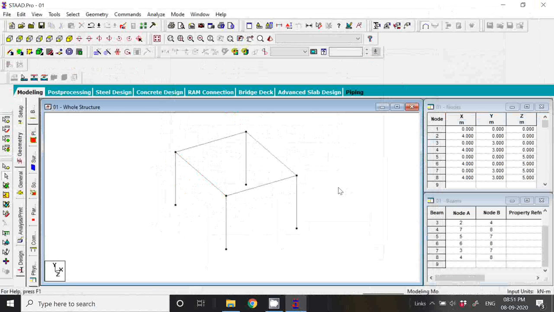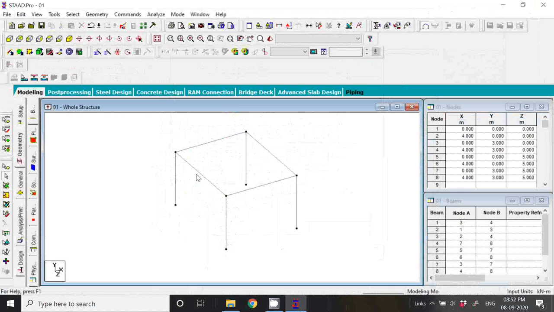So this is our frame. Now bay means what? We have given one bay, means this one is one bay. There are no other parts along the length, isn't it? This is just a single part. Along width also one single part. Along height also one single floor. So that's why it is